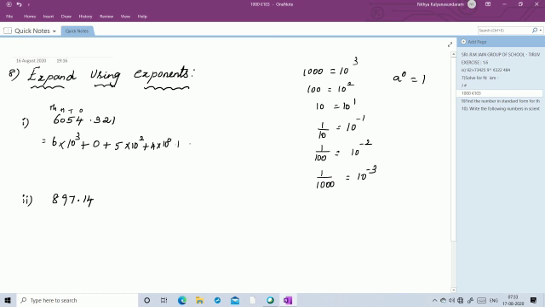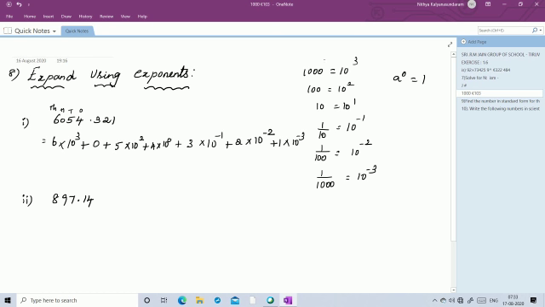So 4 plus 3 into, so it's the decimal place. Start with the tenth place. So 10 power minus 1 plus 2 into 10 power minus 2 plus 1 into 10 power minus 3. So like this you can expand and write the numbers. Each and every number you can write with the place values, then we'll expand.